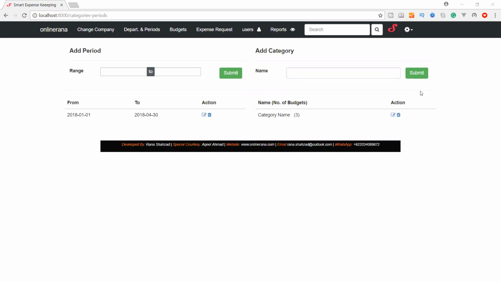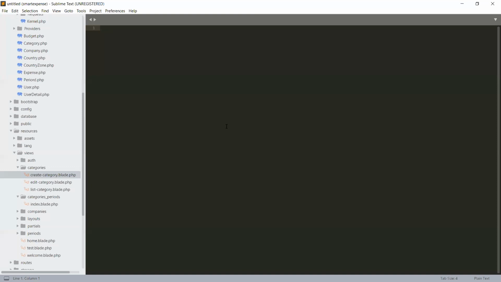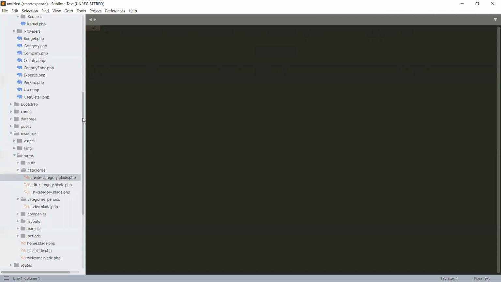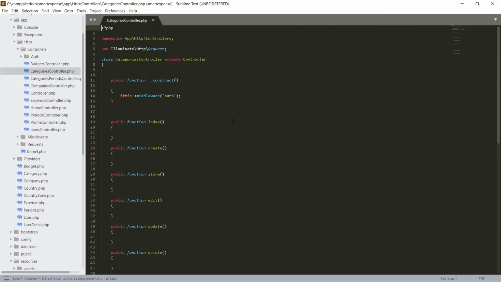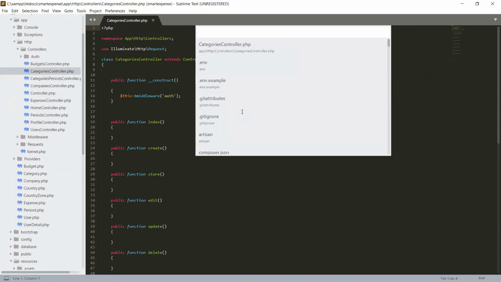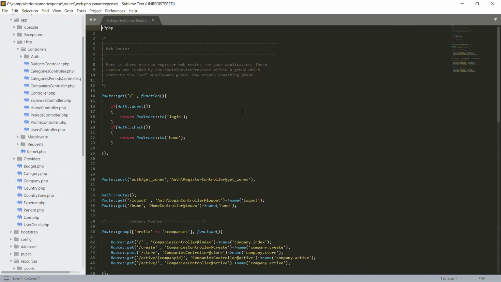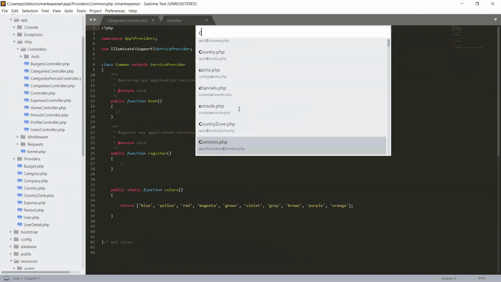Make sure that your MySQL server is running, and also the XAMPP server is running, and the Laravel server is also running. Okay, here let's select our categories controller, and let's check our route web.php, and also let's create